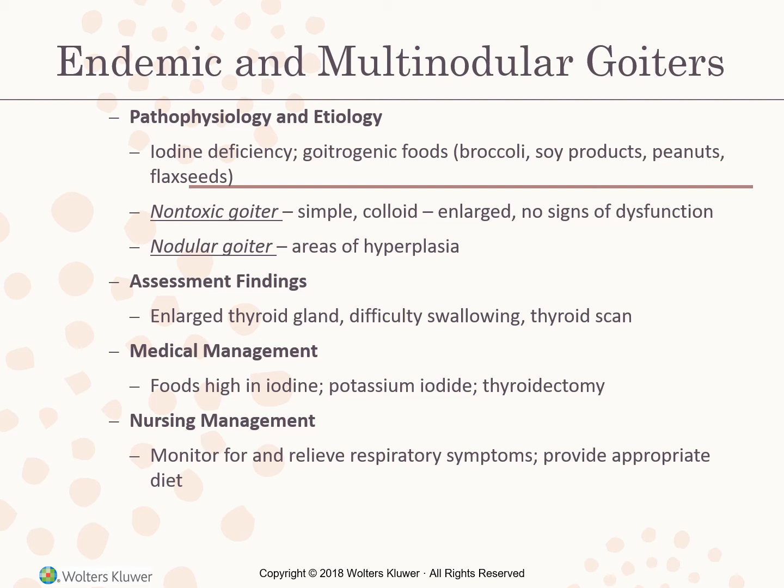Nodular goiters contain one or more areas of hyperplasia, and this type of goiter appears to develop for essentially the same reasons as an endemic goiter. So when we assess, we find that the thyroid gland will enlarge, and the patient has a sense of fullness in the neck area. When the gland continues to enlarge, eventually it will result in difficulty swallowing and breathing as the thyroid presses on the trachea and esophagus. When the gland has enlarged, it's visible as a swelling in the neck. Nodular goiters also produce enlargement, but the gland has an irregular surface on palpation.